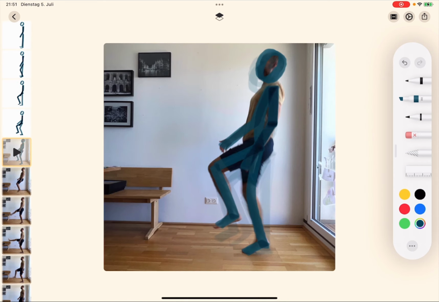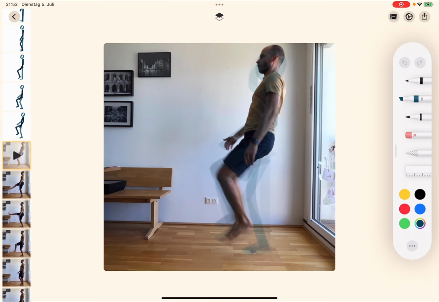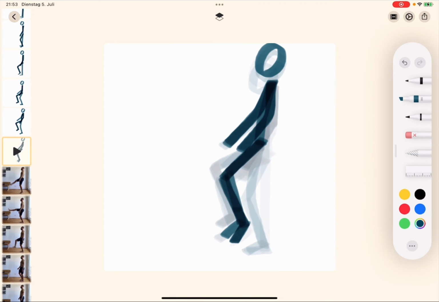Fast forwarding, you can now see how the rest of the photos are traced.